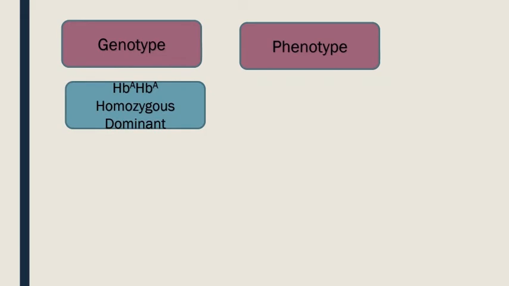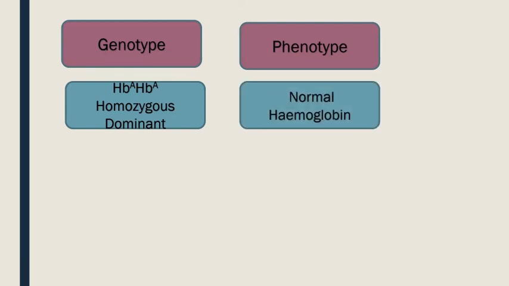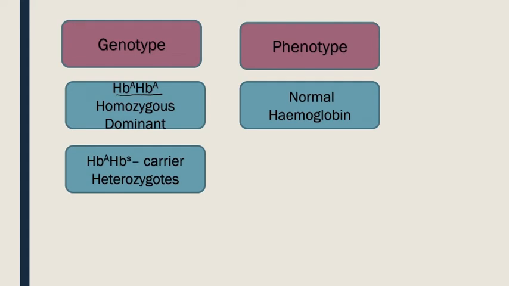If the genotype of a person is HbA HbA, that is homozygous dominant condition, then the person's hemoglobin is normal, like you and like me. We do not have the mutated gene for sickle cell anemia. So what should be our genotype? Our genotype will be HbA HbA. I have told you the sickle cell anemia causing genotype is a recessive genotype. So look over here. If the person is having HbS HbA, this HbS is representing sickle cell, but it is in heterozygous condition. So these people, they are called as the carriers.